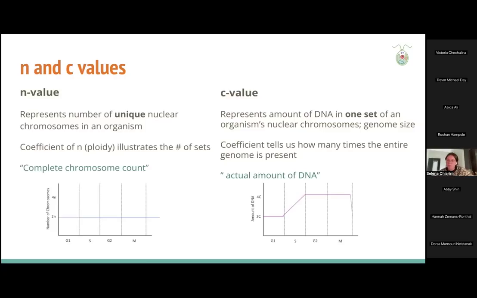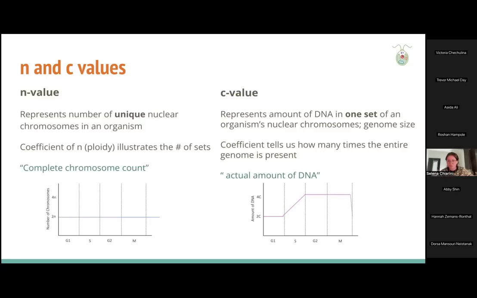When you're talking about your complete chromosome count, please remember that you count chromosomes by the centromere, not by chromatids. C value, on the other hand, represents the amount of DNA in one set of an organism's nuclear chromosomes. This is your genome size. And then, of course, your coefficient tells us how many times that set is present, but this is the actual amount of DNA. So looking at the bottom graphs here, we can see, okay, along the cell cycle in each of them, when we're looking at